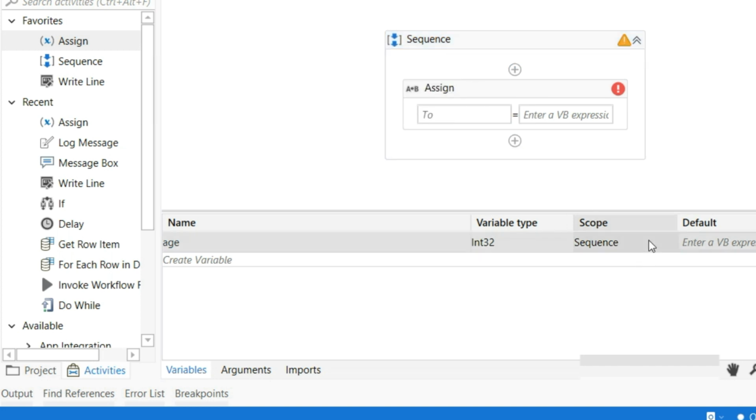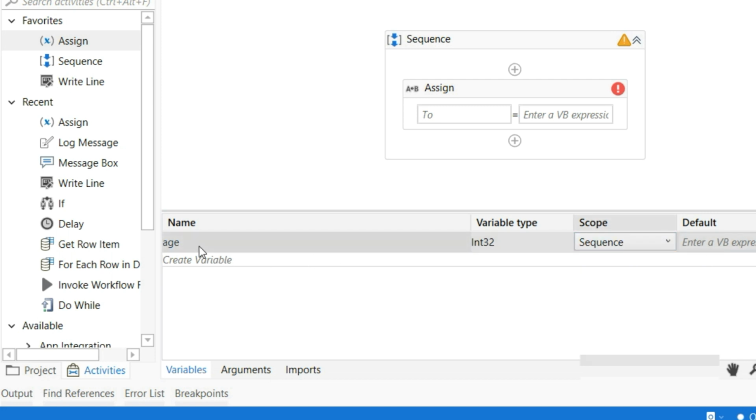If you click on this scope box, at present this is the default scope, because we have only one activity, so at present it is under this. But suppose you have multiple sequences, it will show all the sequence names over here, so that you can go and switch. I'm not going to do any changes right now.